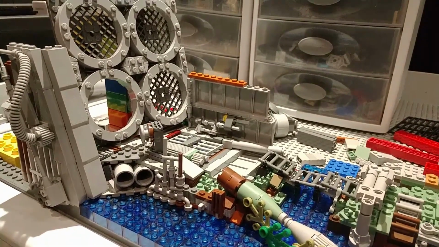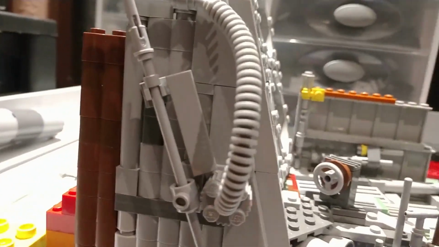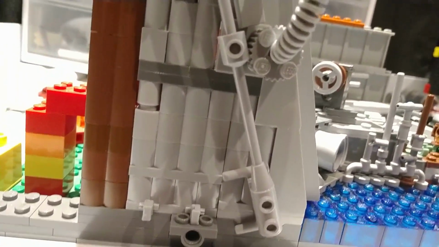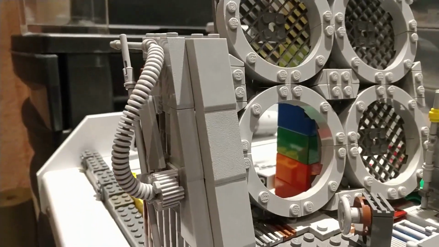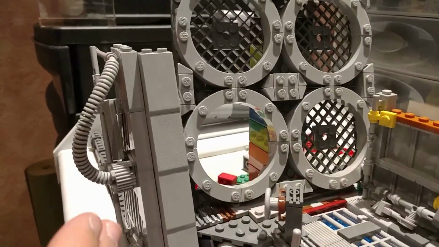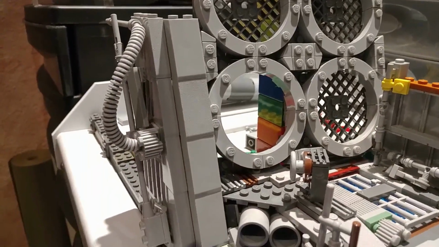So this is just a quick little update on what I created so far. Here's a better look at that more greebly detail. I tried to make it look like it's actually pipes going throughout the side of it, and make sure to have it pop out from the side. As you can tell, the MOC actually ends right here, but I sort of built off to the side even more to give that 3D effect that it pops out. So especially